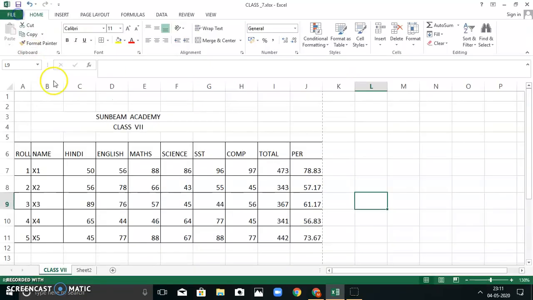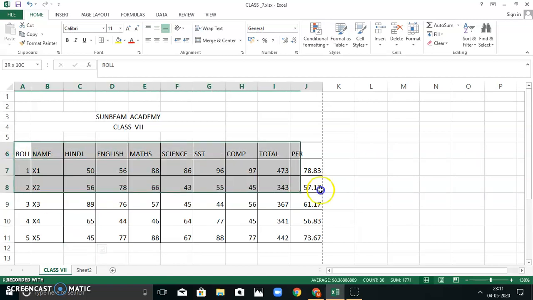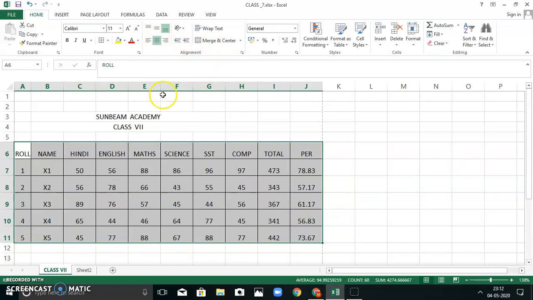If you want to increase it more, then you can. Now it's not looking nice. See, the text was aligned on the left hand side and the numbers were aligned on the right hand side. So I want all in the middle, so I will select it. Okay, and middle is this much. Everything is now in the middle.